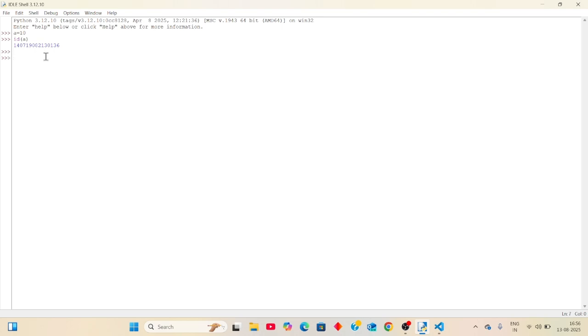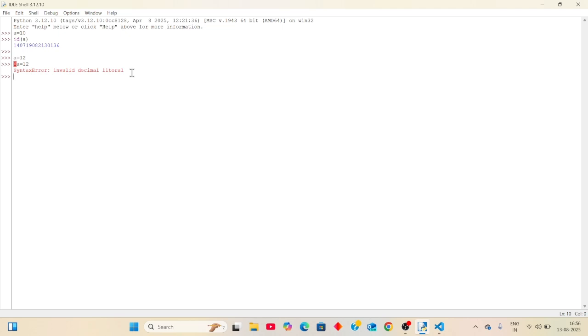Suppose we write a equals 12. This is the right way. This is the wrong way: 1a equals 12. See, here, syntax error, invalid decimal literal.